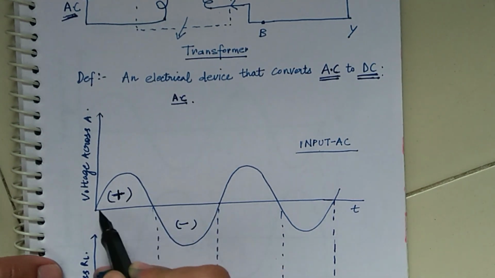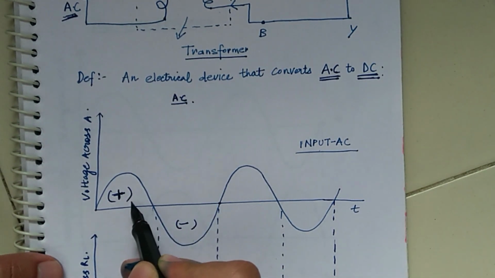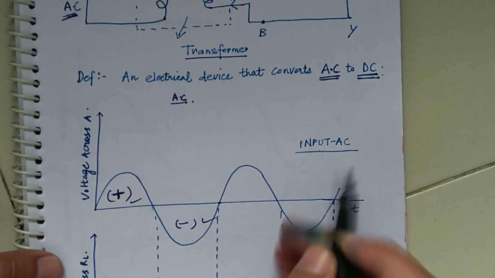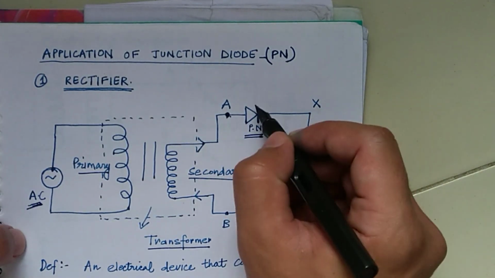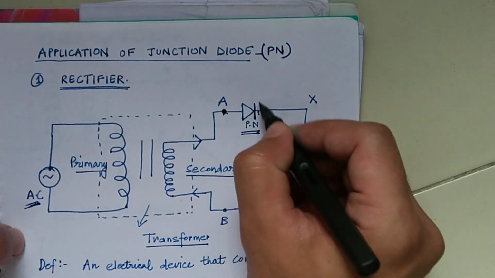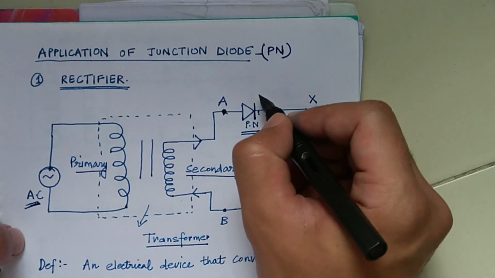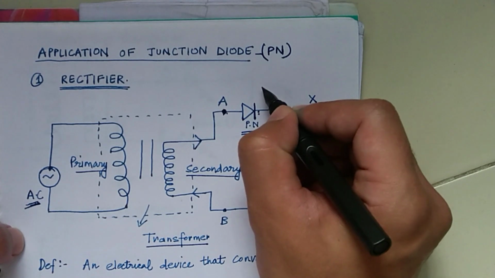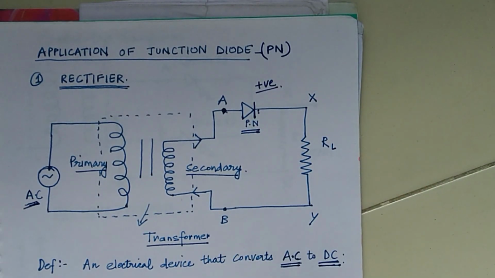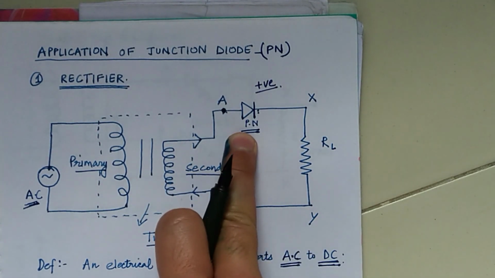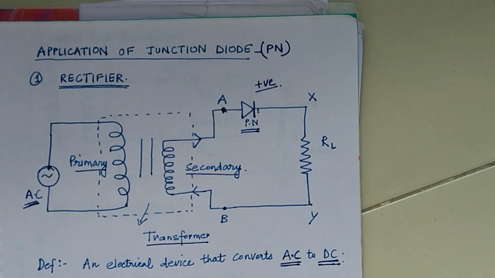This is one full cycle, and during one full cycle we have a positive half cycle and a negative half cycle. When the positive cycle appears across A, our diode that is connected here across the load will be forward biased. Because it is forward biased, it will start conducting current, and